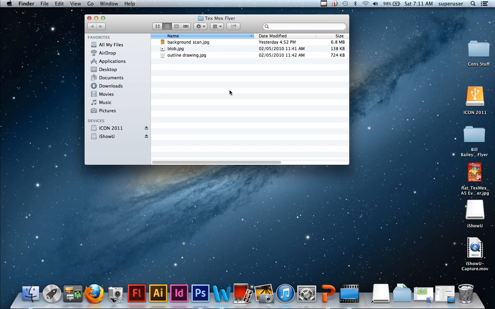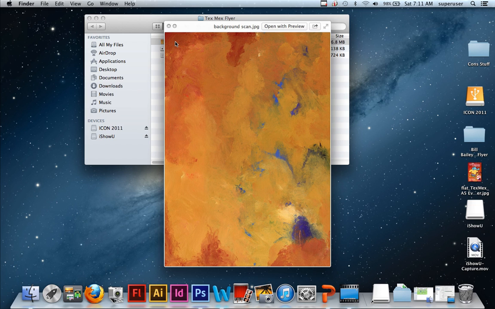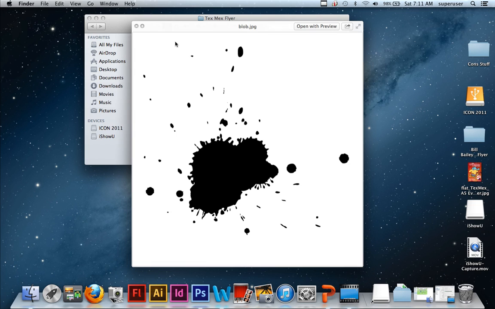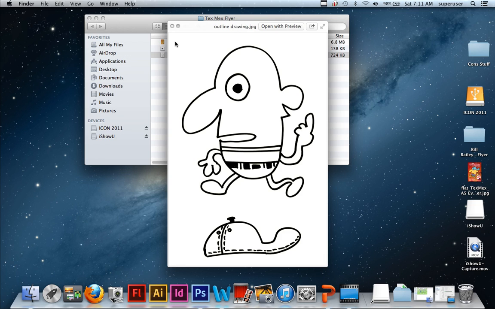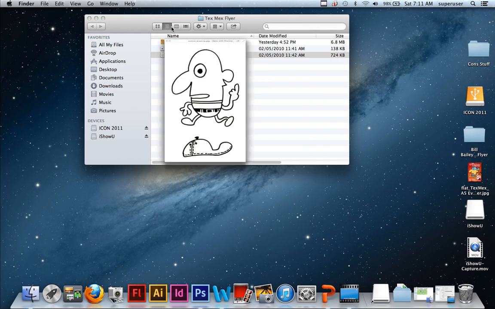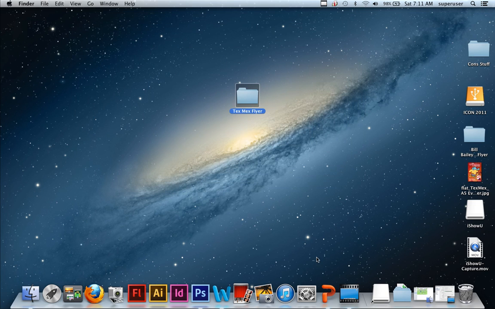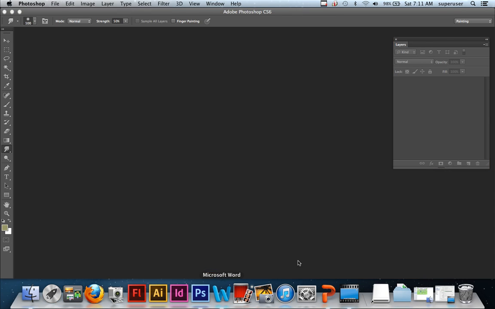Alright, so before I start, I just have to make sure that I've got all my necessary files. So in my TextMex folder here, I'll just show you I've got my background image, and I've got my blob, and I've got my outline drawing of my main character. Excellent. Alright, so let's go ahead and open up Photoshop, and the very first thing we do is go to New,